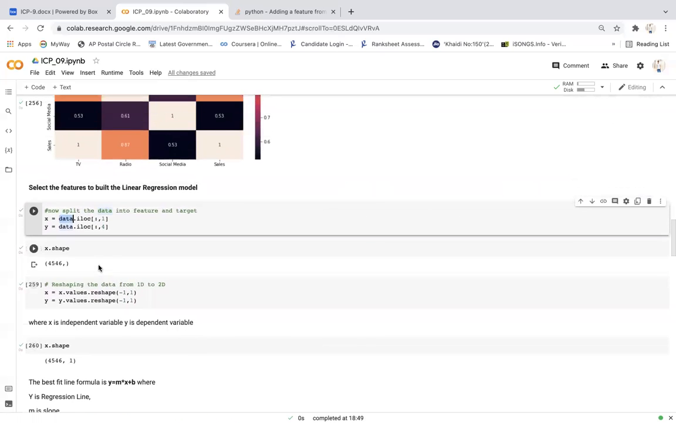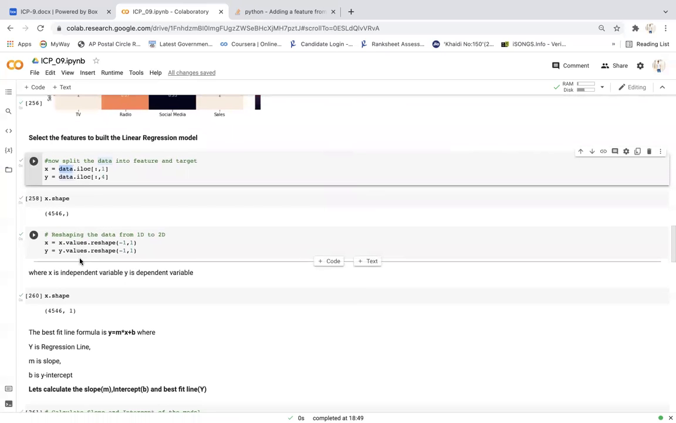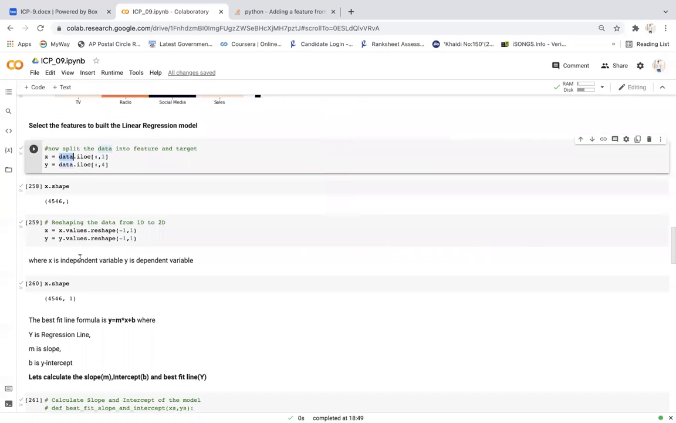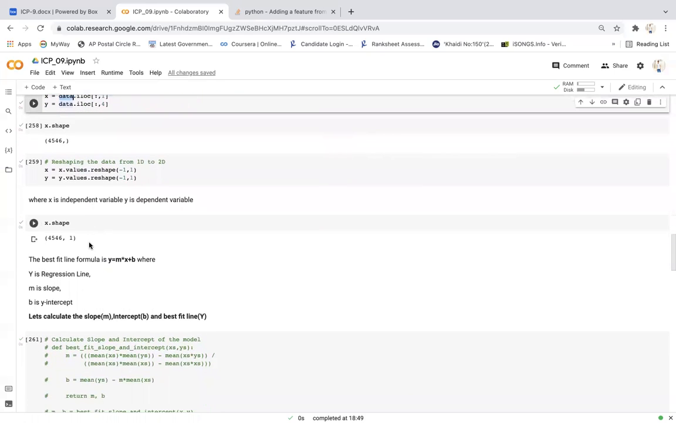I was printing the size of the data. Here you can see 4546, but actually it is a one-dimensional array. To perform more accurately, or for my model to give accurate results, it needs to have two-dimensional data. So that's why I'll be converting from one dimension to two dimensions. Here you can see this is the code where I had converted. And finally the size, you can see here